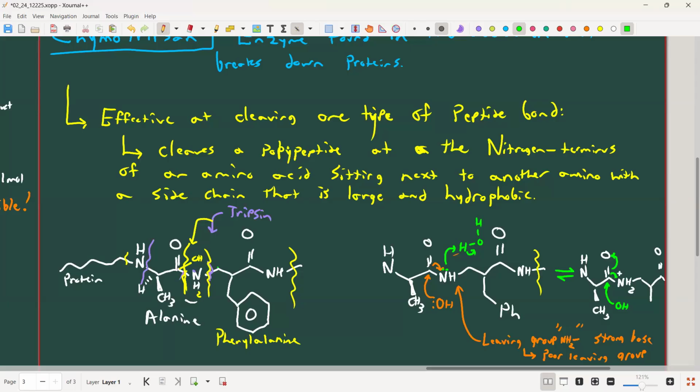amino acids are zwitterionic. They have an acidic end and a basic end. They're both electron donors and electron acceptors. They're both Lewis acids and Lewis bases. The carboxylic acid is a Lewis acid. The amine is a Lewis base. And so the problem here is that in order for this reaction to be facilitated, you need either a really low pKa or a really high pKa. Right? So this is only effective